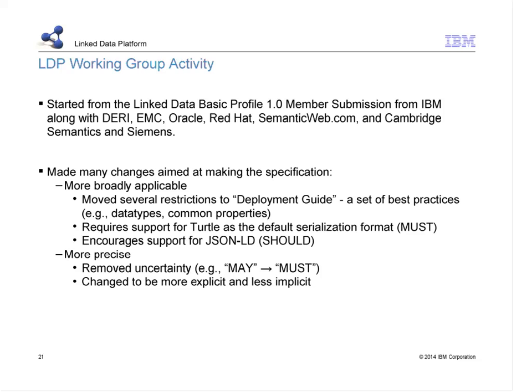But that seemed to be a bit too far, and we didn't want to have to redo a lot of the things that we had already done from a process point of view. It would have forced us to go one step back in the W3C process. And a lot of the changes were about making the specification more precise. There were a lot of "may"s in the spec initially. And there were some good reasons for that, because depending on the use cases, you couldn't commit to do it one way or another. And I have to say, one of the